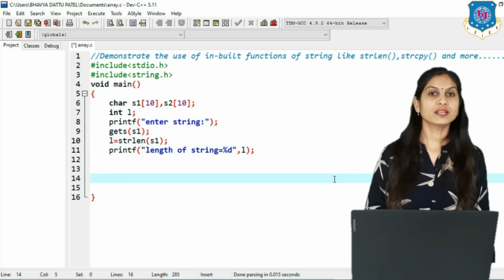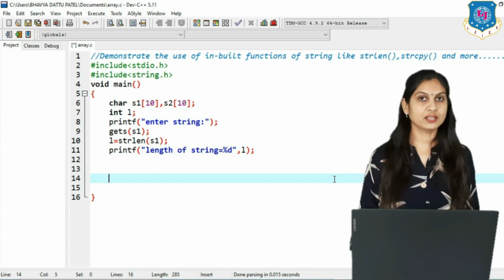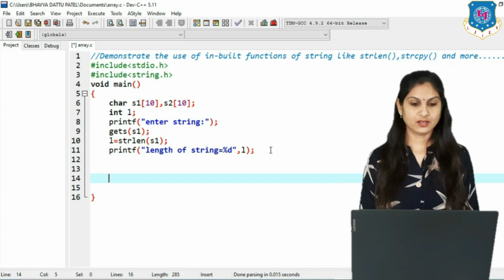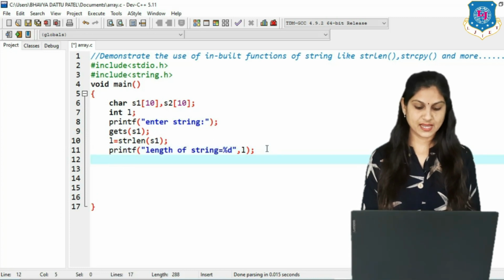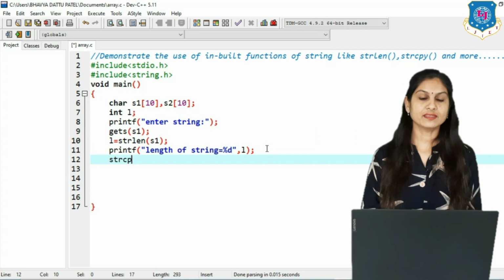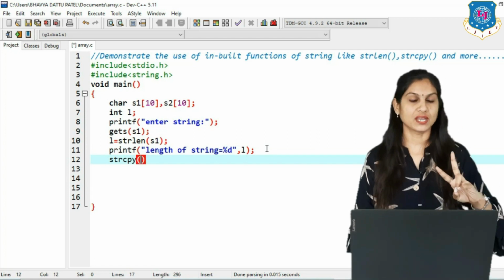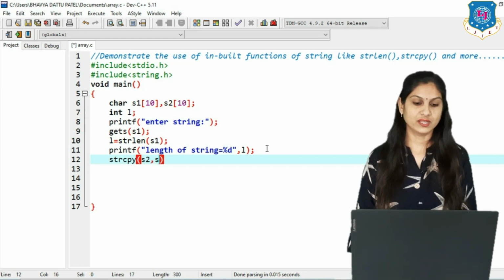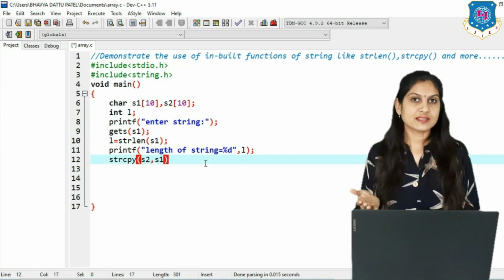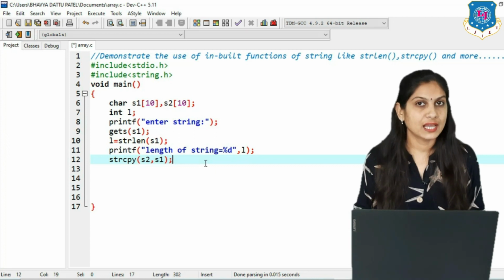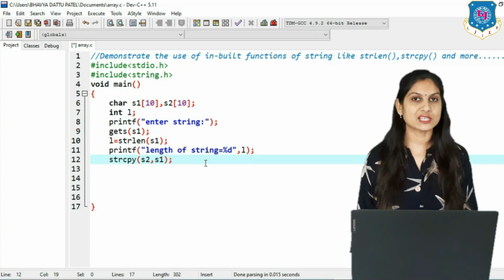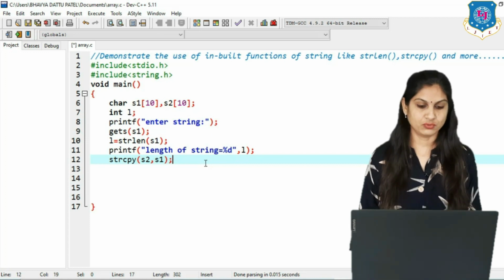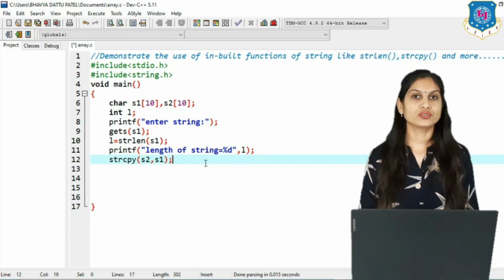First we read one string using the gets function, and now put the logic of the strcpy function. Inside this bracket we have to write two strings. First is always s2 and second is always s1. Why? Because the right hand side string will be copied into the left hand side. The right hand side is our s1, that is our original string, and that will be copied into s2, and that value we want to print.